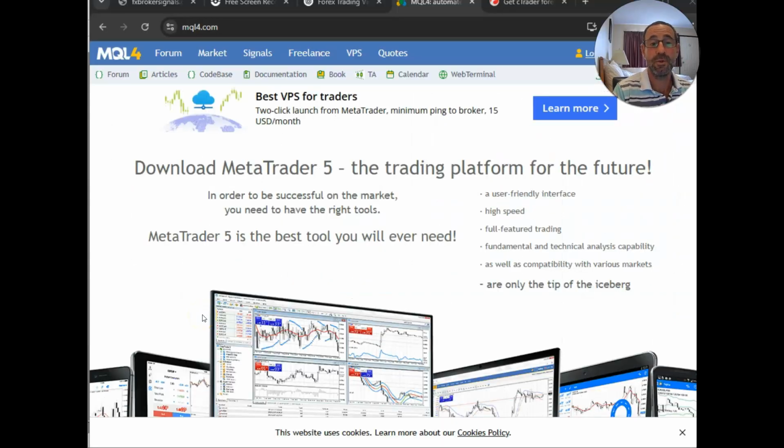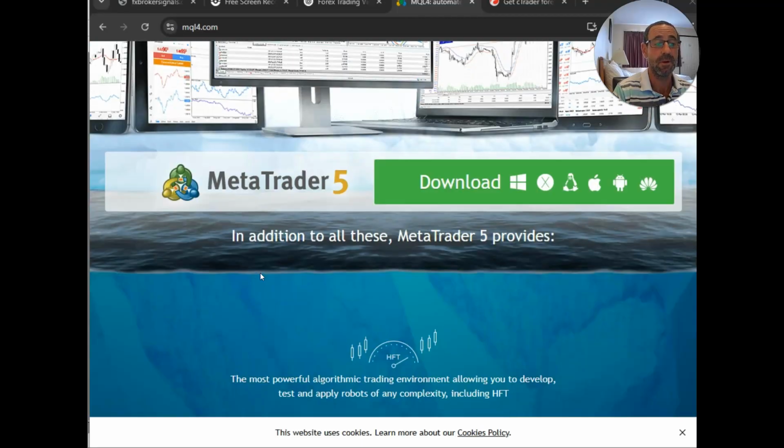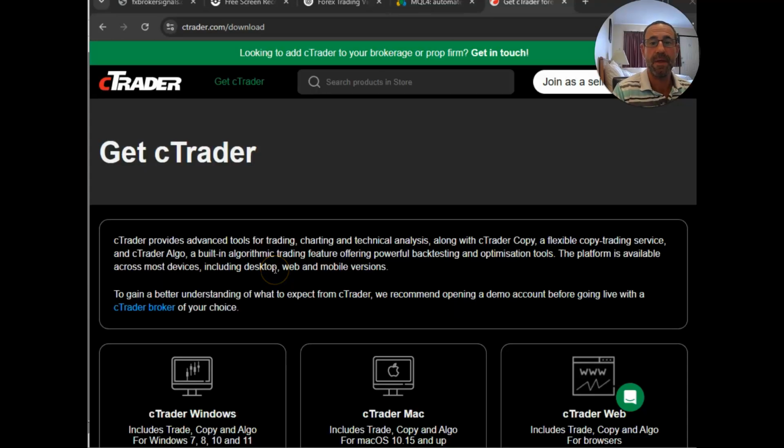Now, one option to test drive either one, MT4 or MT5, is to download it straight from your broker's webpage. But you can also go directly to MetaTrader and download and check it out with a demo account. So you can go to mql4.com or mql5.com, and you can just download the platform and play around with it till you feel more comfortable before actually engaging with real-life trading. And then there's cTrader,